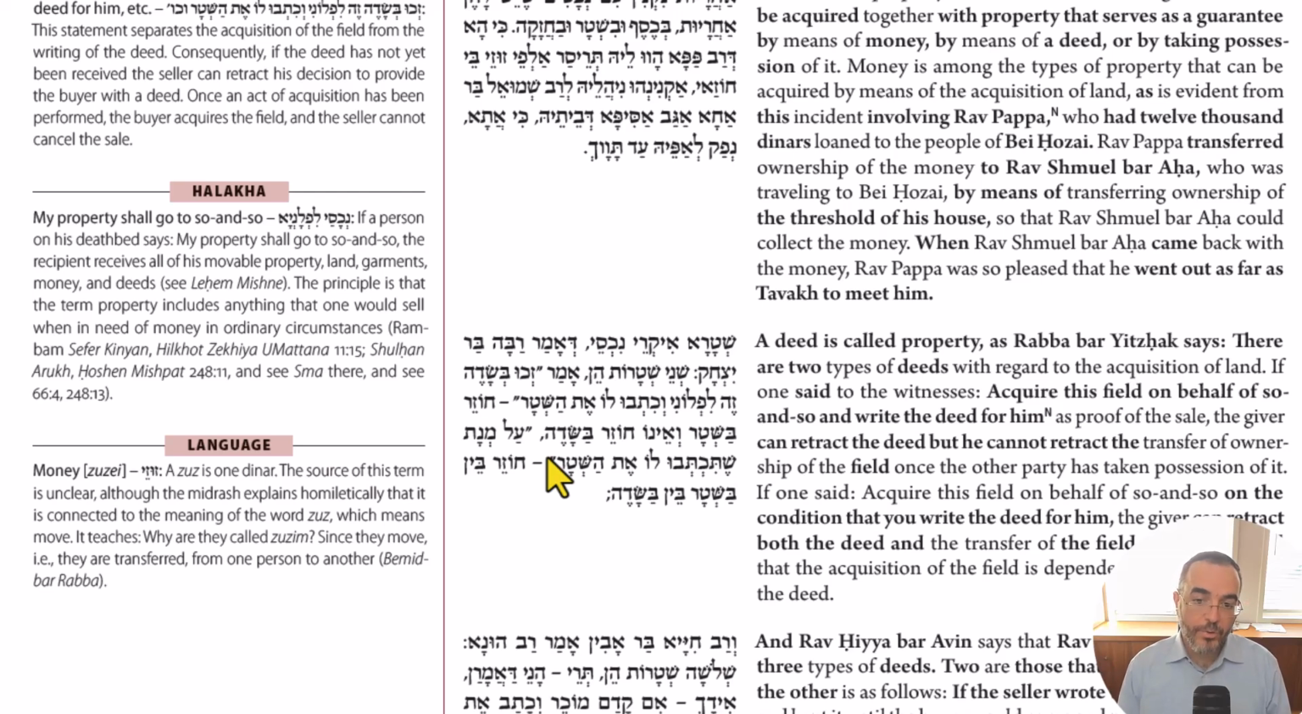And we prove that from the following. It's actually not from this statement, but from the next one that we're about to read. But we have to build up to it. So Rabbah Bar Yitzchak says there are two types of deeds that can acquire land or be a proof